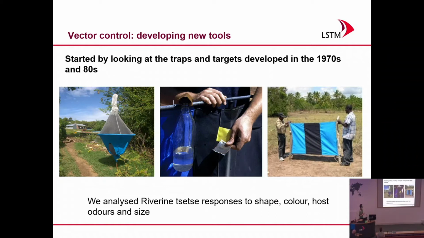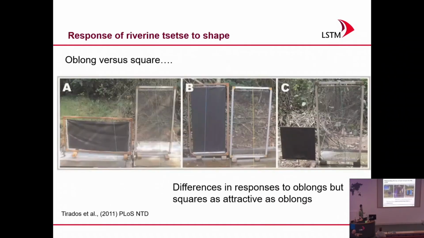So the group analyzed riverine tsetse responses to different shapes, different colors, host odors, and different sizes. So first of all, starting with different shapes, we looked at whether tsetse are attracted to oblongs or squares, and whether vertical oblongs or horizontal oblongs are attractive. And this work was done in Burkina Faso and DRC, so with Glossina fuscipes in DRC and Glossina palpalis in